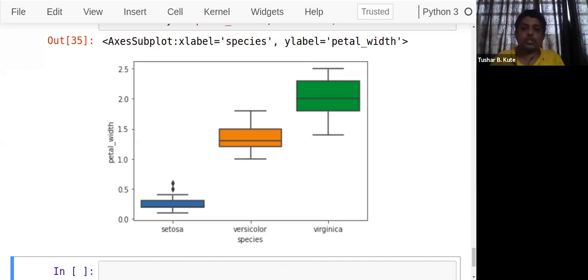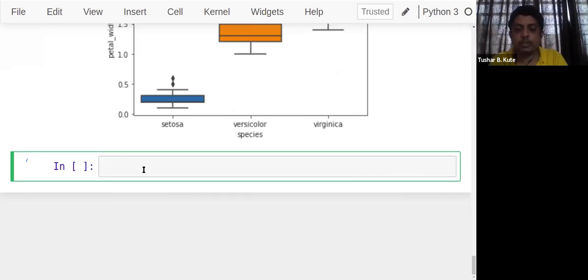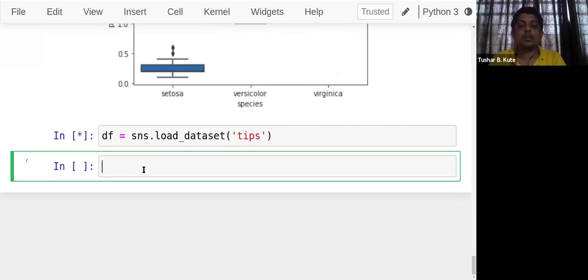And from this onwards, I'll be changing my data set. The data set's name is tips. We'll import that tips data set. The data set contains information related to the tips given by customers to the restaurant or the waiter. So first of all, we have to import that tips data set. Then df is equal to tips, and check this.